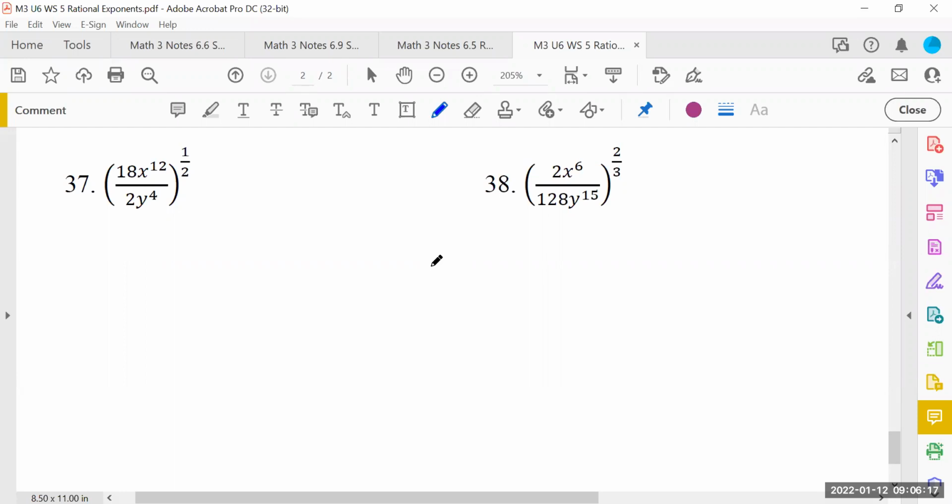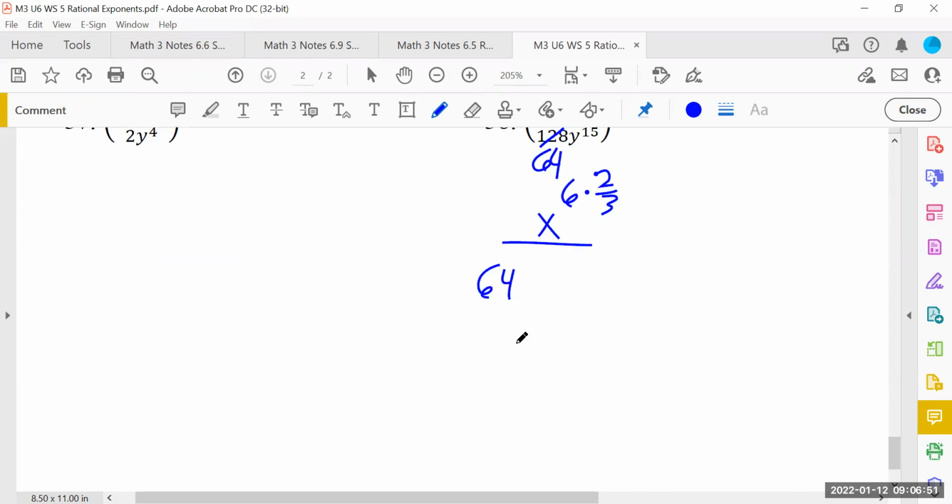Okay, let's work this out, everybody. Again, if you finished, check your work. If you got stuck, let's see if we can unstick you. The first thing, when I see 128 and 2, I would simplify that at the very beginning. 2 goes into 128 64 times. Then I can rewrite this, the top x to the 6th times 2/3. On the bottom,